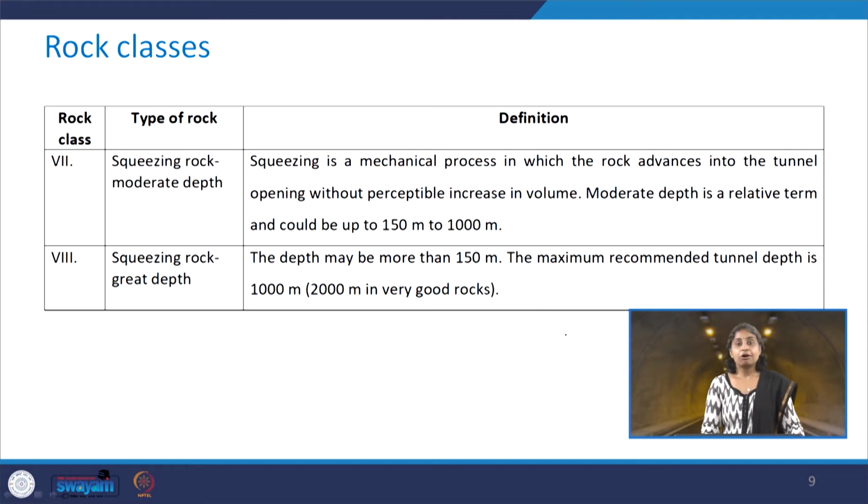The seventh rock class has the squeezing rock at moderate depth. You know that squeezing is a mechanical process in which the rock advances into the tunnel opening without any perceptible increase in the volume. So basically, if you excavate the opening, then on its own it will have the convergence, or the rock mass moves in the cavity. So moderate depth is a very relative term, and it could be up to, let us